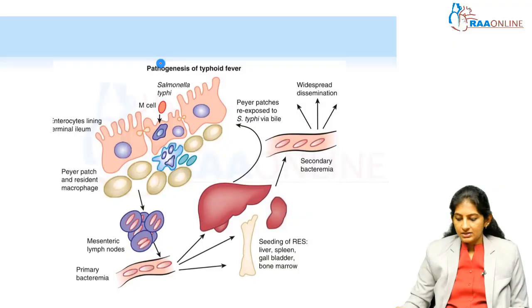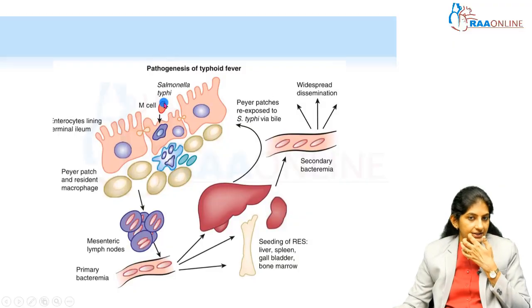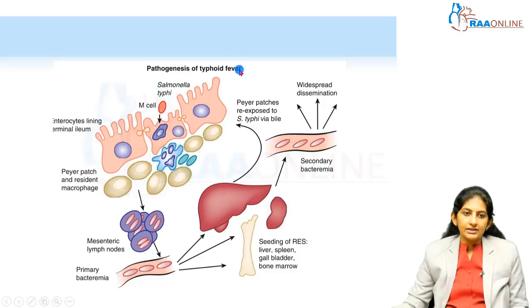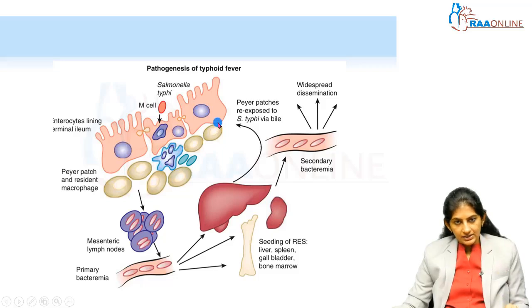Fever. So once the Salmonella typhi, this is the organism Salmonella typhi, enters the intestinal cells, that is enterocytes, it affects the intestinal part of the terminal ileum. So terminal ileum is the one which is affected. So what happens is, once it is entering the intestinal epithelium, that is enterocytes, the Peyer's patches hypertrophy occurs,